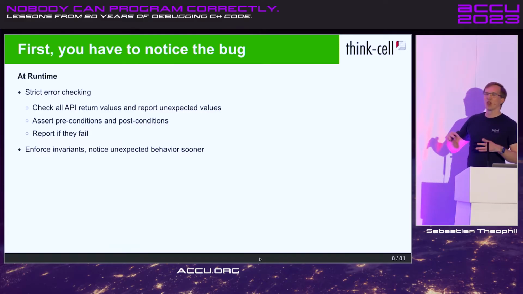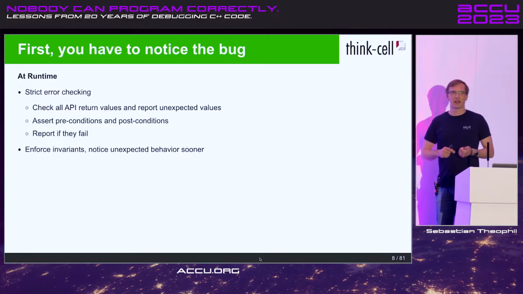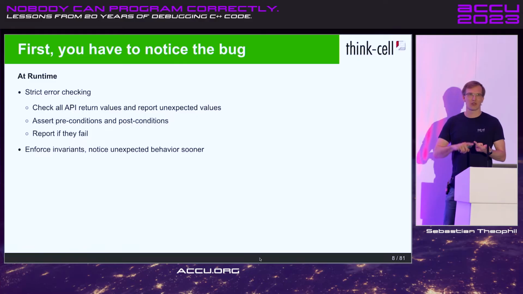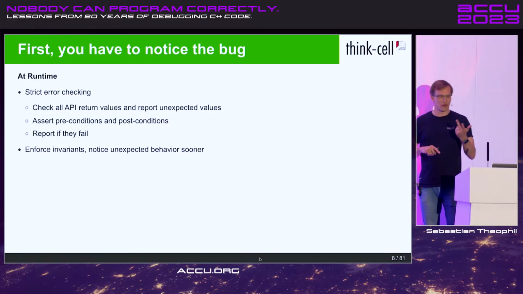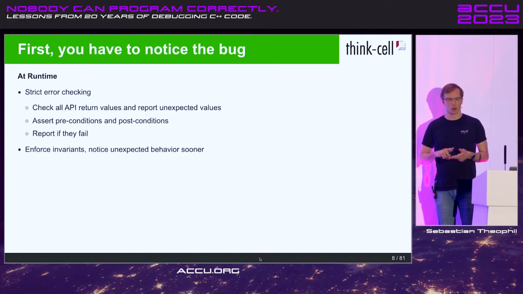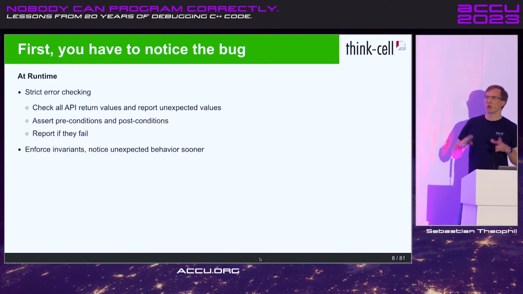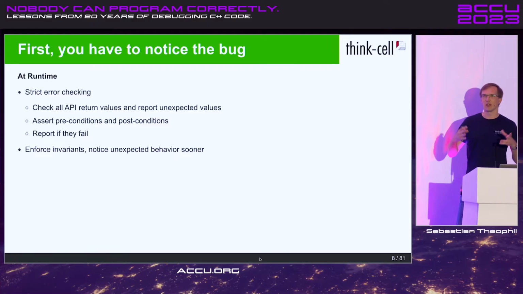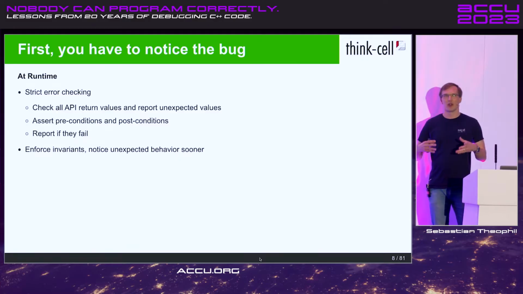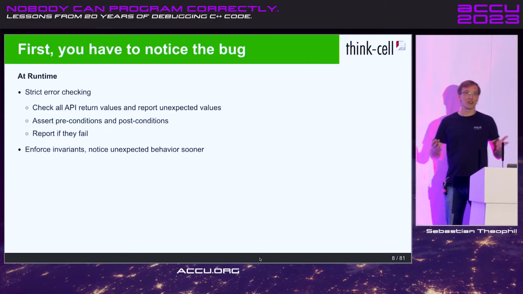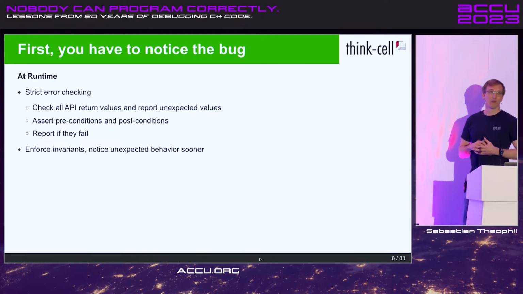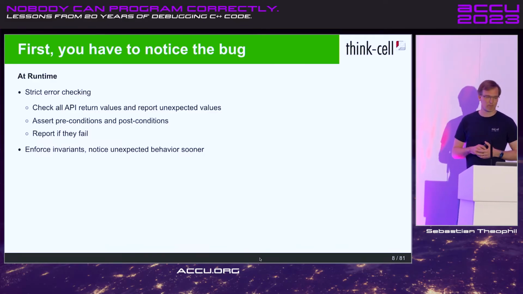So, for example, when you try to open a file, it is probably always expected that the file is not there, that you do not have access rights to that file, or maybe some temporary permissions error prevents you from opening that file. So it's locked on Windows, for example. So these are probably expected, can always happen. But it would be very unexpected if suddenly CreateFile would return ERROR_OUT_OF_PAPER. And if it did, then I would certainly want to know and would want to figure out what's going on.